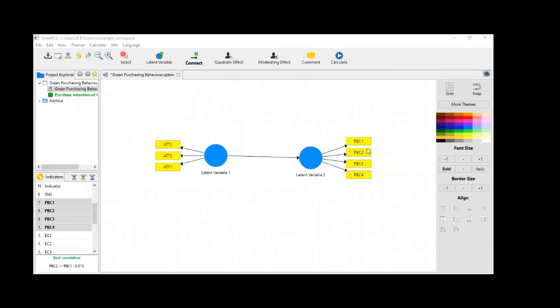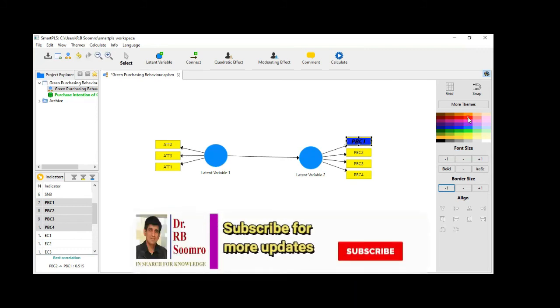Okay, now if you want to change the font size, you can increase or decrease it. You can increase the font size of this one. You can italicize it, you can bold it, and you can change the border size also. Then you can also change its color. Assign a color to the background. That color has been changed in the background, and then another color you want to give to the border. The border has got another color like this one.